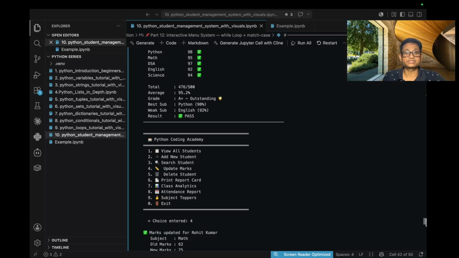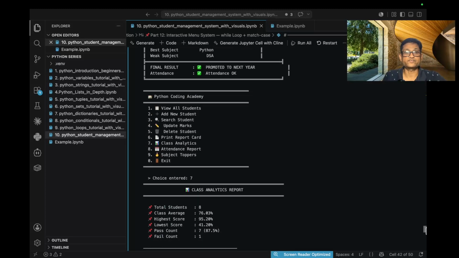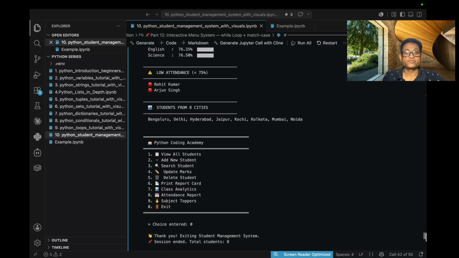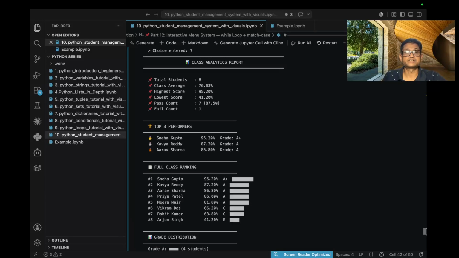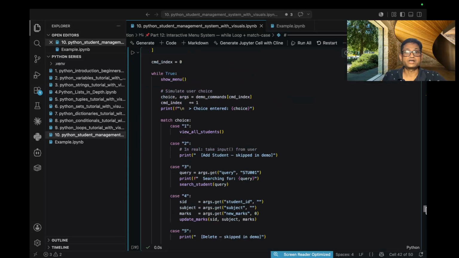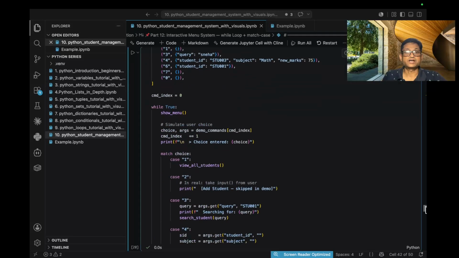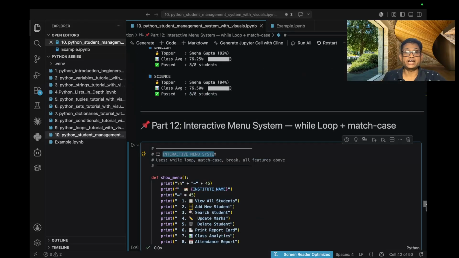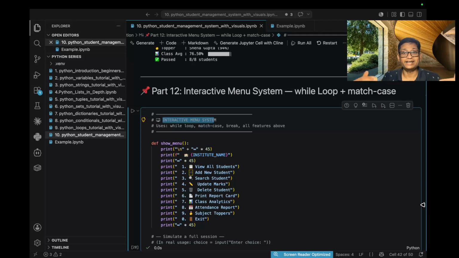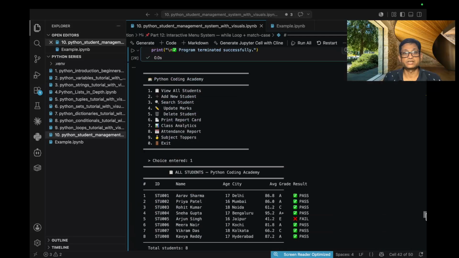This is the overall report of whatever we have discussed in this project, all the functions, all the different helper functions and the different variables we use at once and provide some interactive menu system which prints the overall class performance, like